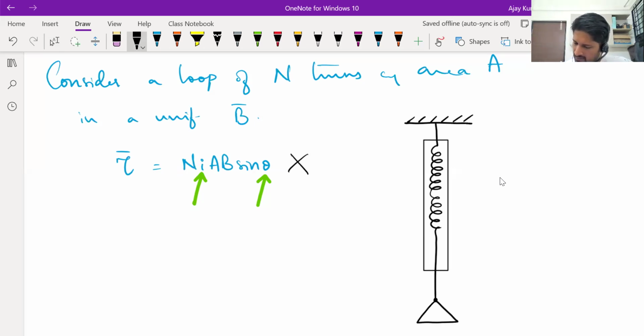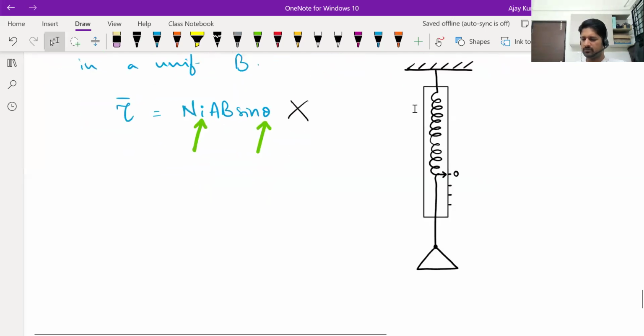The end of the spring will be connected to a needle. The needle points to markings. This is 0 kg, then maybe 1 kg, 2 kg, 3 kg, and so on. When there's nothing in the pan, the needle should be at 0. When you put something in the pan,